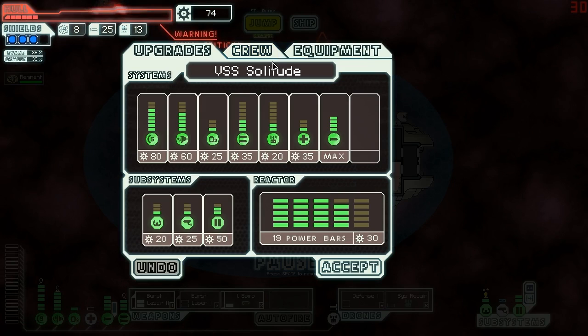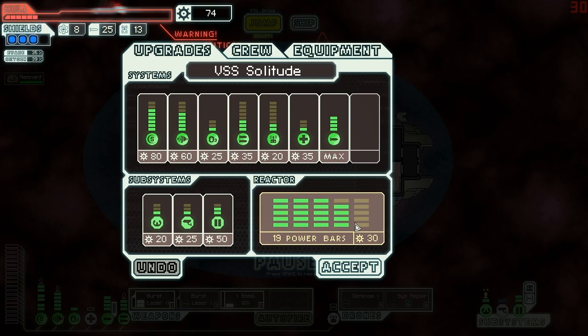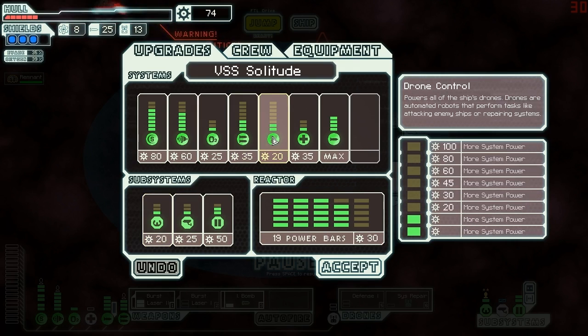Hoobity-doo, 74 scrap. We can put some more into here. It's going to take 85 just to power up the weapon control to where we want it, and then another 65 to get the power bars for it. Or we can put power into things like our piloting and our drone bay. I think what we should do is